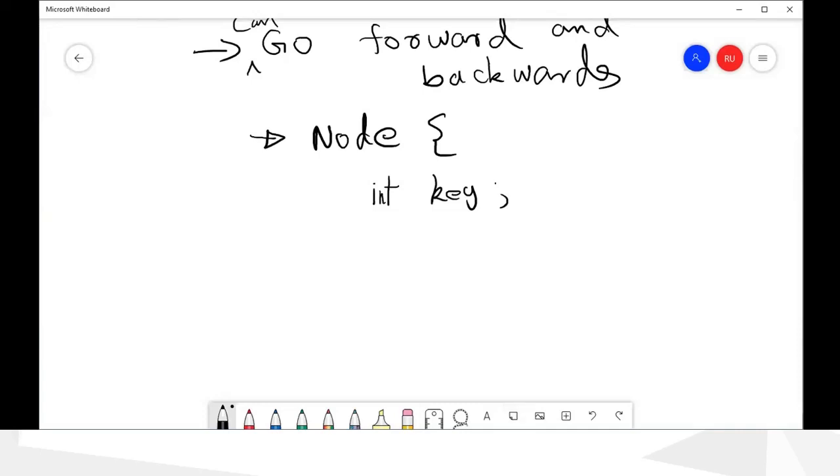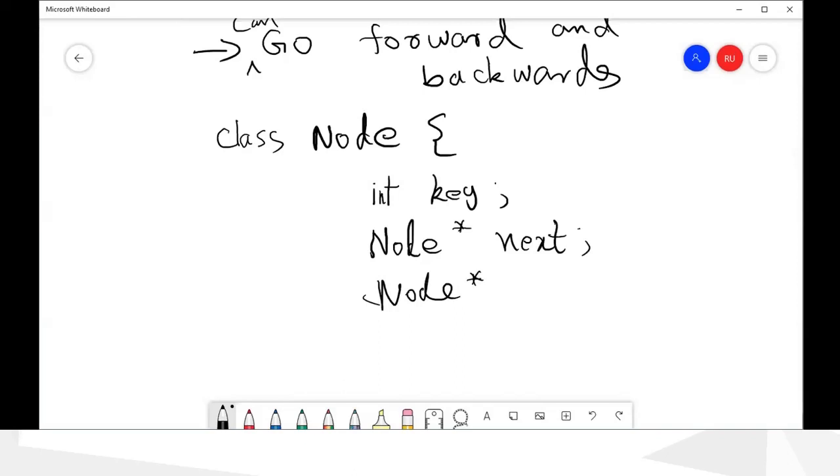We need the class keyword as well, and then we have to have 2 links. One is going forward, we call it next, and the other one is going backwards, we call it previous. So this will be the class.